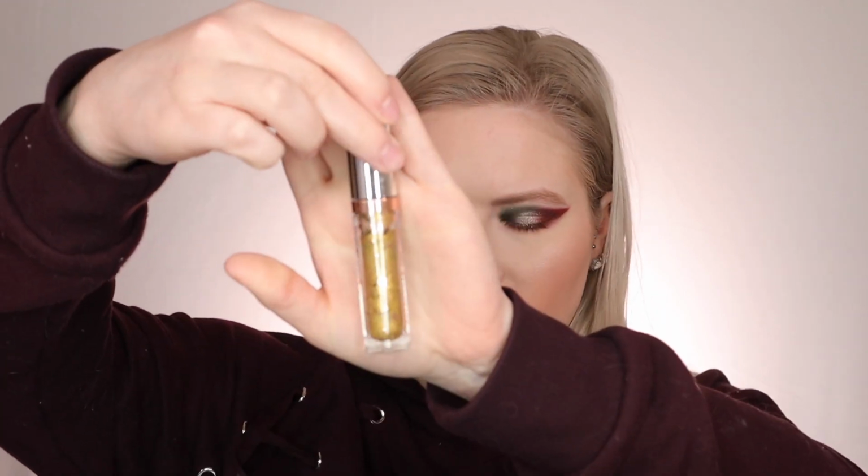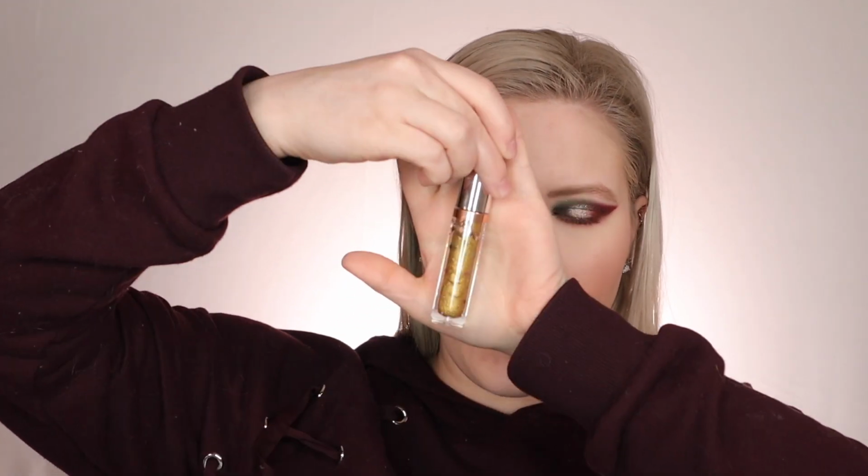And actually, let me stop myself. I think I want to go in with something else on the lid to make it more glittery, because in the photo you can definitely tell there's more glitter in hers. I'm gonna go in with the Supernova shadow from Kathleen Lights and ColourPop in the shade Astrology. It's just like a bright gold glitter lid topper, and I'm just going to put this over top of